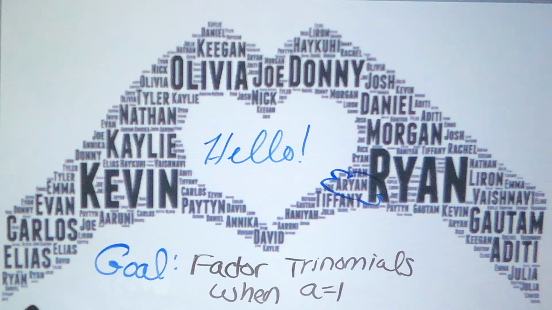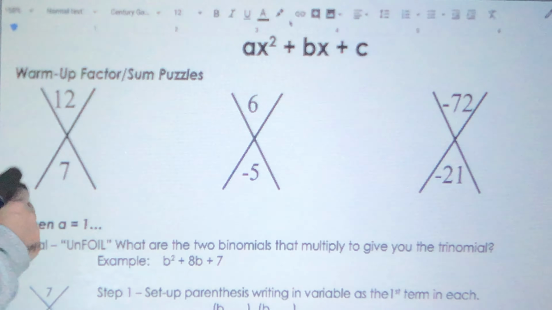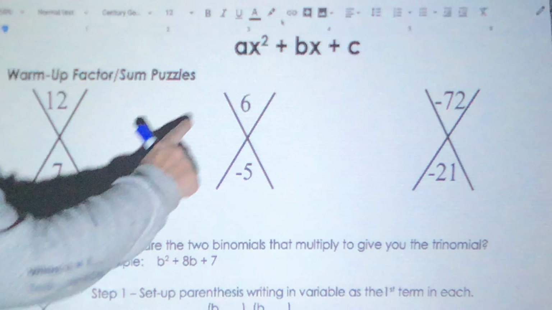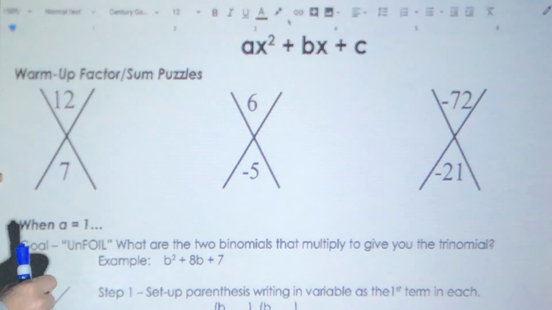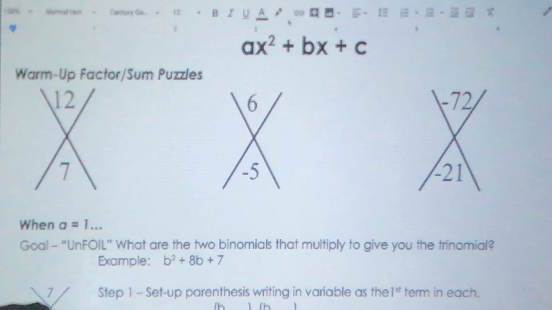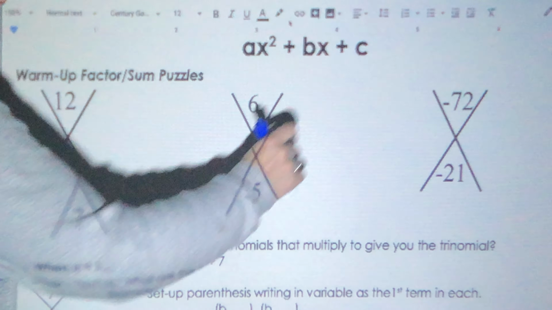Today's goal is that we factor trinomials when a is equal to 1. So let's get started. The other day we were factoring GCFs out of polynomials. Today we're going to focus just on trinomials where the variable parts are the same, so you won't have x's with y's. And so this trinomial, the x squared and x plus a constant, the coefficient of x squared is always considered a in math, the coefficient of x is always considered our b, and the constant itself is considered